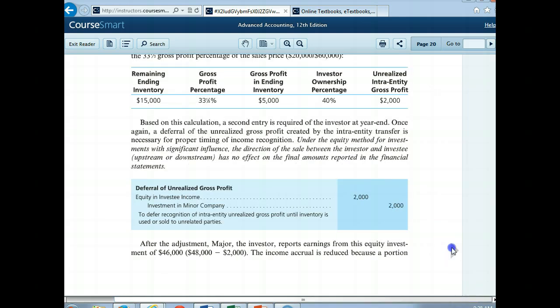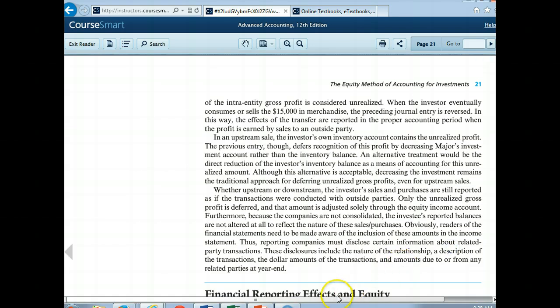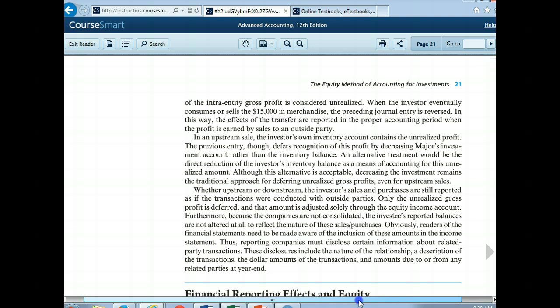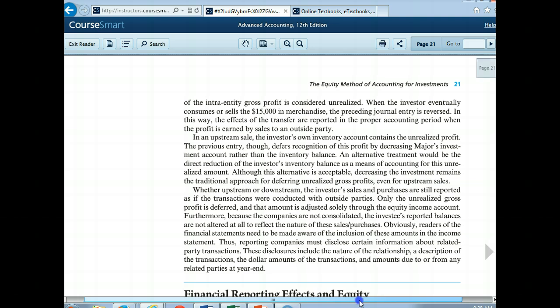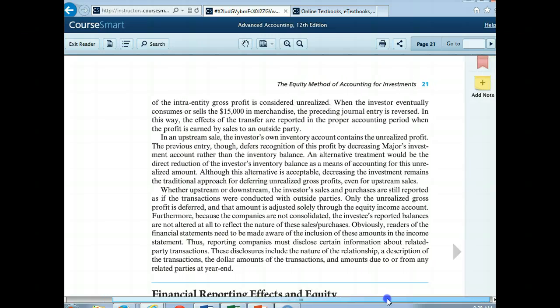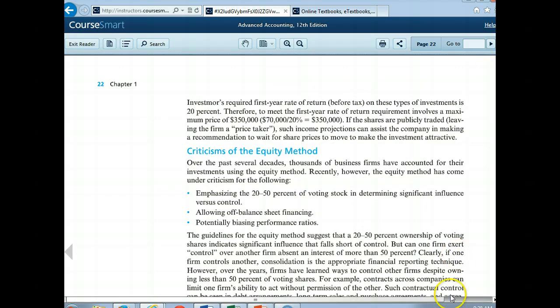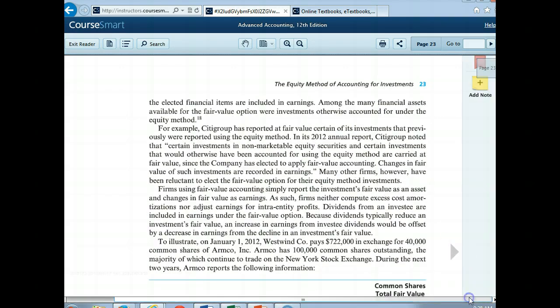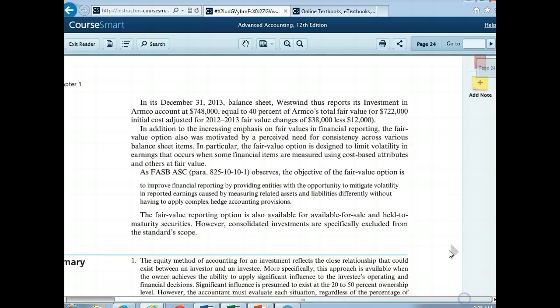Then once the transaction does happen, it gets reversed. So it's basically going to be treated in the same fashion. So let's go and see what